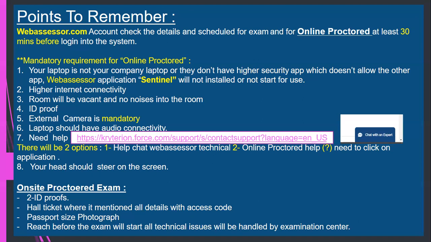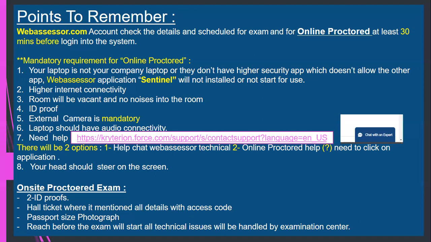You have to do both. In the pre-checks, you check your system: whether the audio is working, the camera is working, and your internet connectivity is perfect. So it will do the pre-checks on Sentinel.